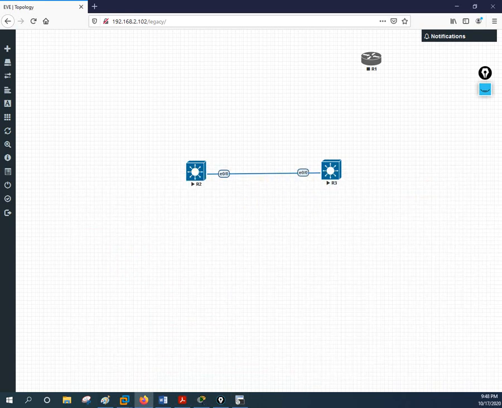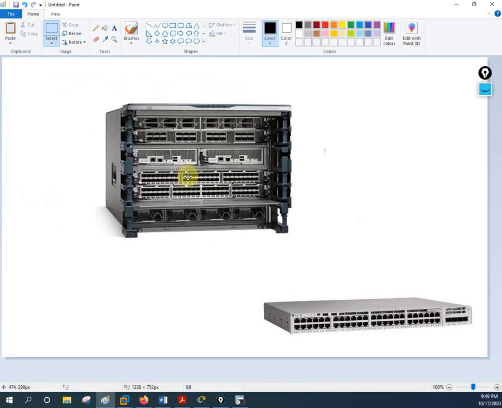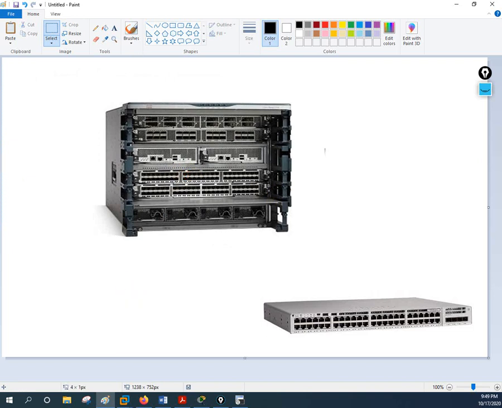I am teaching you how we can access and use this in GNS3 as well as EVE-NG. We have done the operating system, and we have the Nexus switch also. In the data center we are using Nexus switches. Let me take a picture and show you here. This is a Nexus switch. This is more powerful compared to this one. Here also, if you want to check the version, you can write show version, and the Nexus operating system is running inside. They use this for the data center.